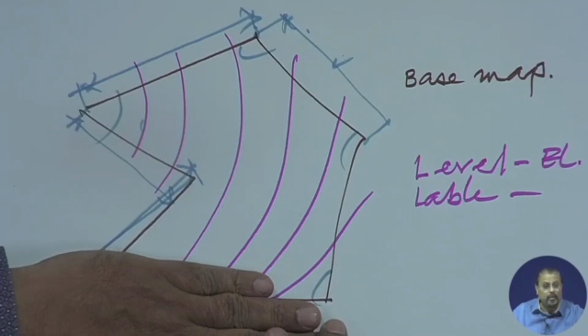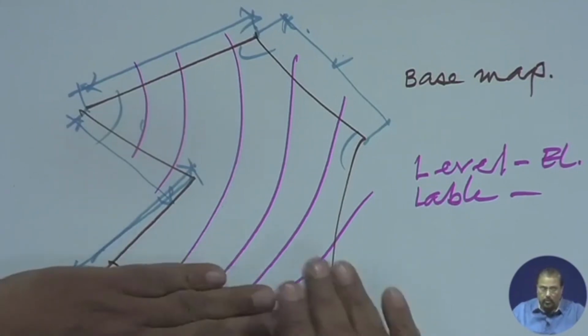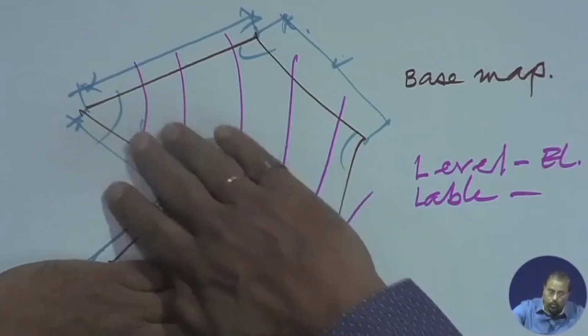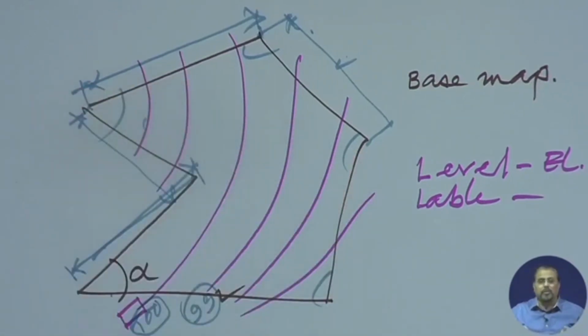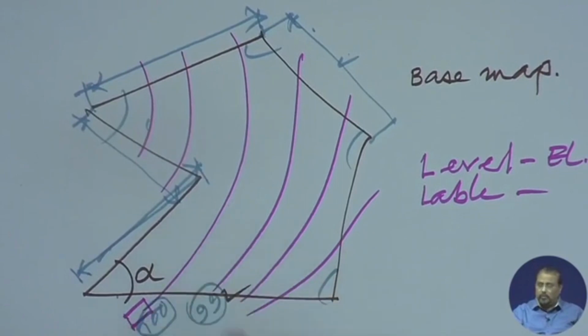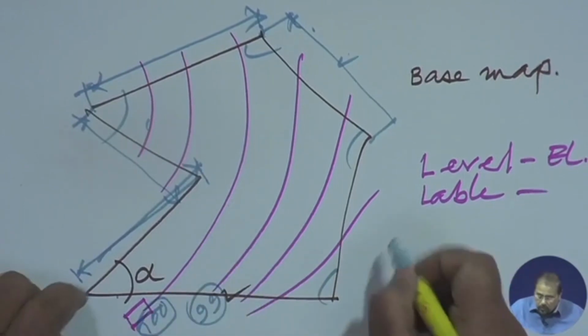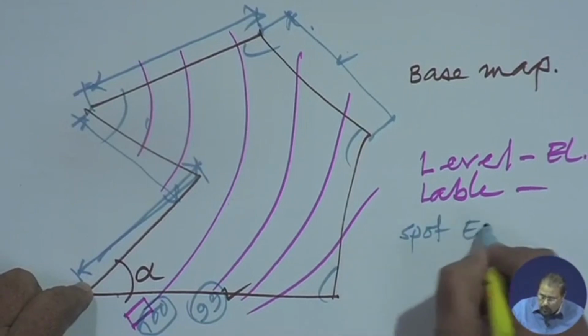This is very, very critical. Suppose I just change from this 100 to here and 99 here, the whole side goes in this direction, this slope. And if I say this is true, then the whole side goes in this direction. This is very critical. So, whenever you are asking the surveyor to do the survey, he is going to find out the spot levels, so spot elevations. When he is trying to find out the spot elevations,